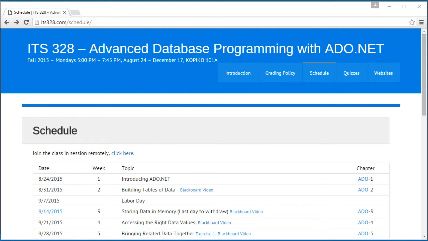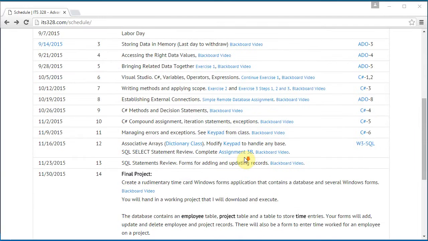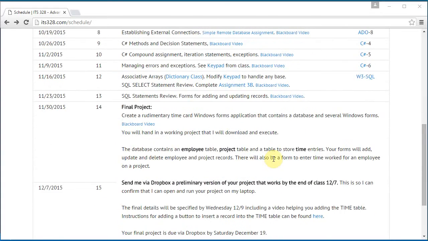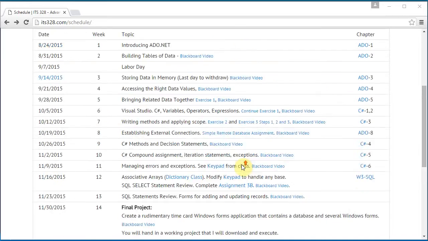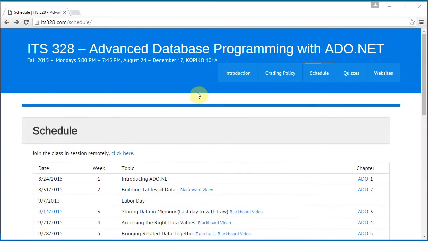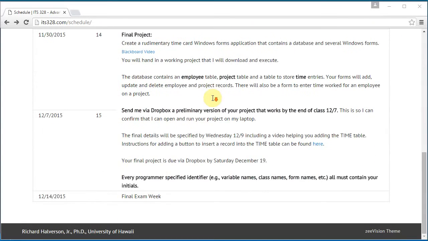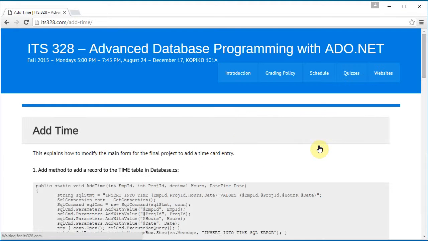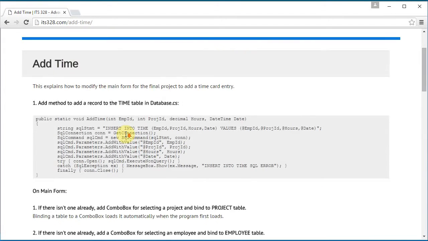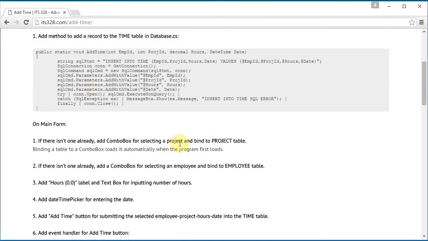Okay, in this video we're gonna add a time. We're gonna add the ability to add hours to our timetable in our final project. So what I'm gonna do is, if you go to the schedule, there's a link here that you can click, and these are instructions on how to add to the form